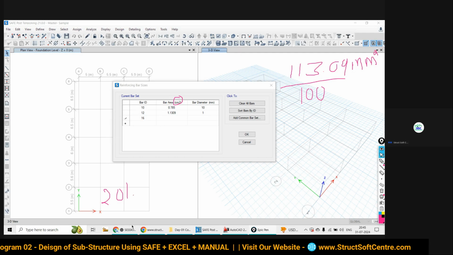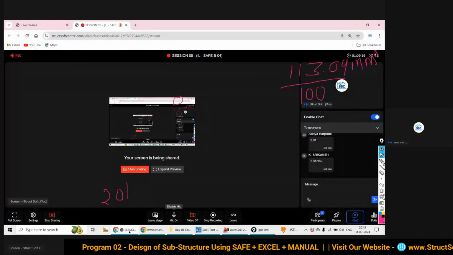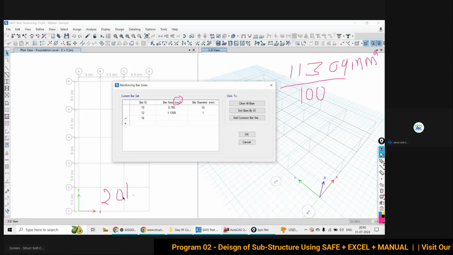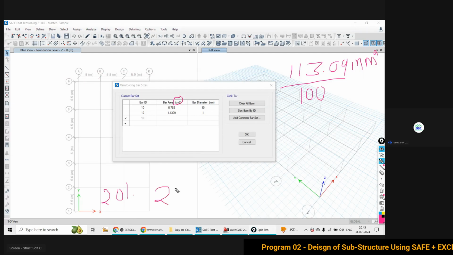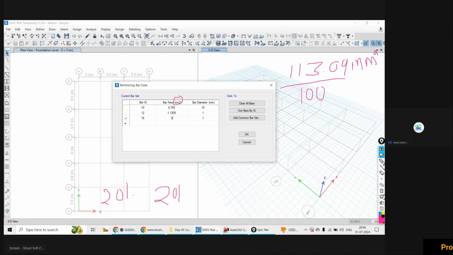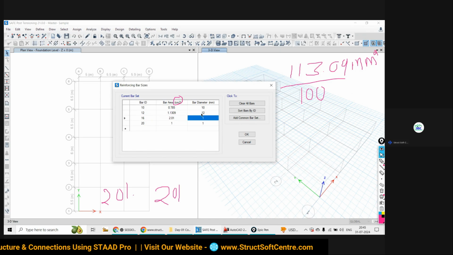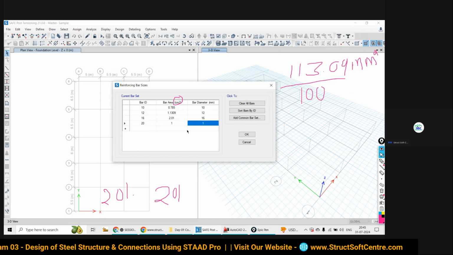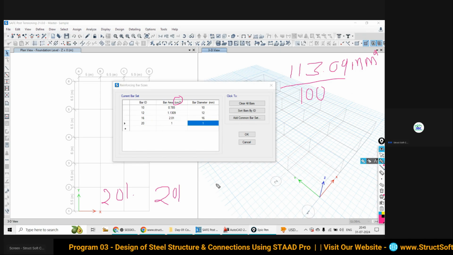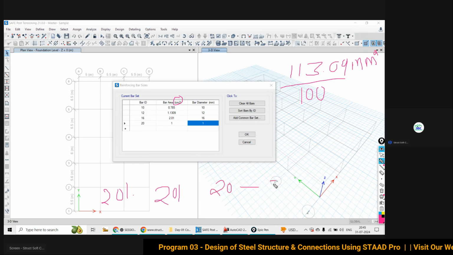Check it. 201, so 2.01. Okay, let it be 201. So we can take it as 2.01. Right. Likewise, here 12 dia, here 16 dia, and the 20 diameter of bar is what? 314.